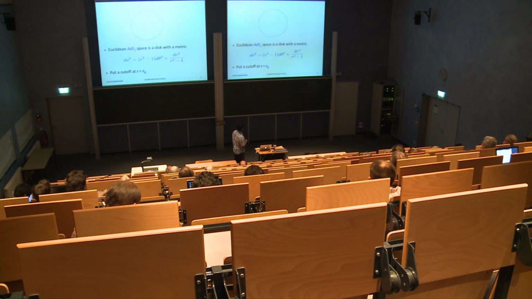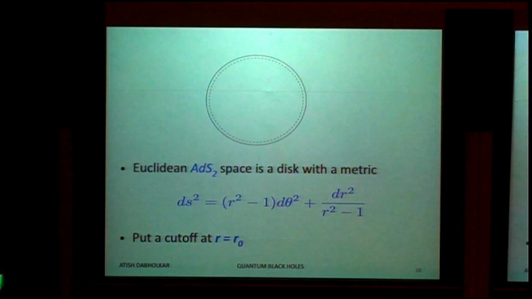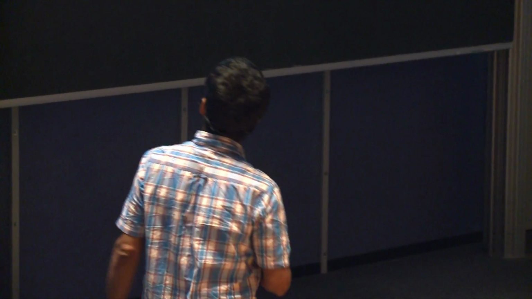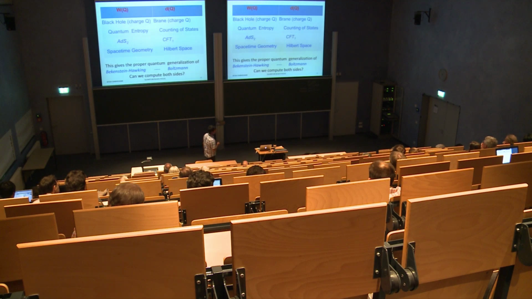So now can we do something with it? So basically anti-de Sitter 2, if you make a Euclidean continuation, is just a disk with a metric like that, where theta is the angular coordinate and r is the radius, and you have to put some cutoff to make everything well defined, because this is the Poincaré disk, and the volume of this disk diverges. So there is some well defined procedure to get finite answers out of that, and the question then becomes, can we really do something with this, and can we really put this to test? So at least we have a statement that we would like to prove.